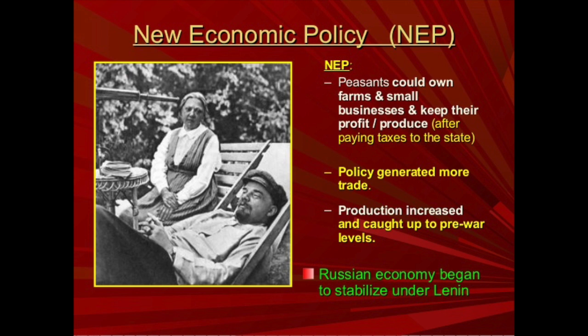The New Economic Policy is promulgated in March of 1921, and the features of it you can read about. Basically, the state maintains centralized control over the economy, and there's still centralized planning, but the NEP allows the peasants to use their land as if it was their own. And largely, in most cases, it still was, and allowed them to market their products and sell them at market prices in order to get food to people who needed it. Otherwise, they too would have died. The state maintained control over heavy industry, but this is all going to be just a small retreat along the road to socialism. It succeeded, it works. Gradually, the production of food reached pre-war levels and small-scale industrial production revives.